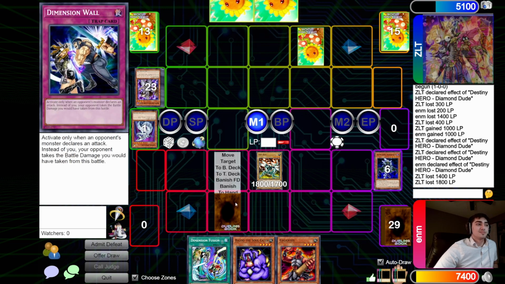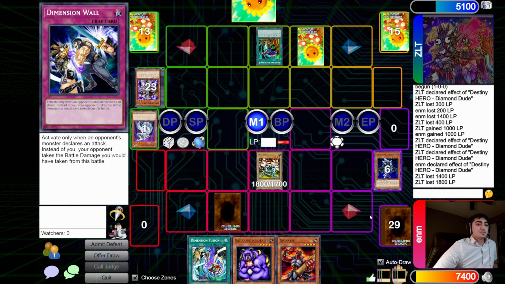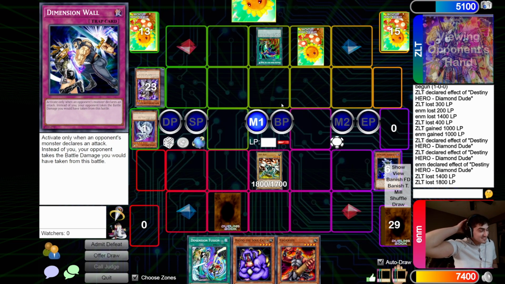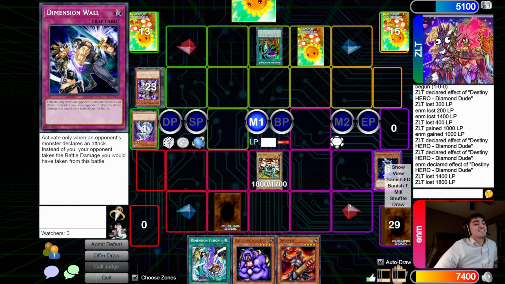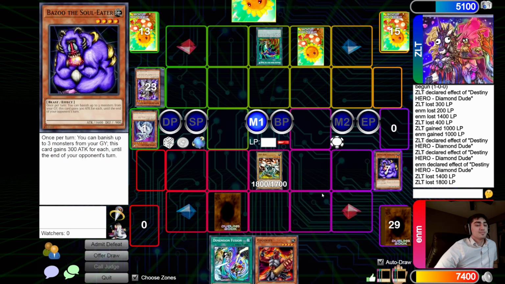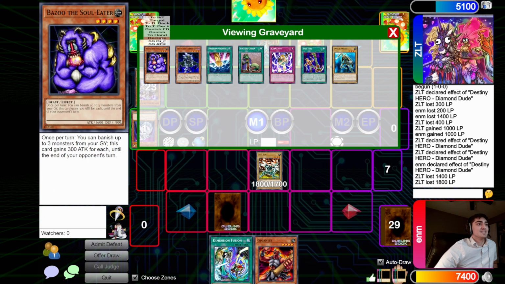Set. Activate Drag Down. That's pretty good. Is it Silva? Oh, shit. I think I have to get rid of the Bazoo here, because Dim Fusion helps me more than it helps you. Whoa, with Gigantes. Do you want to hit the Gigantes instead? Actually, I think it's just...